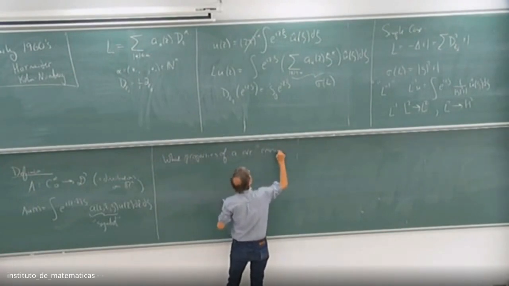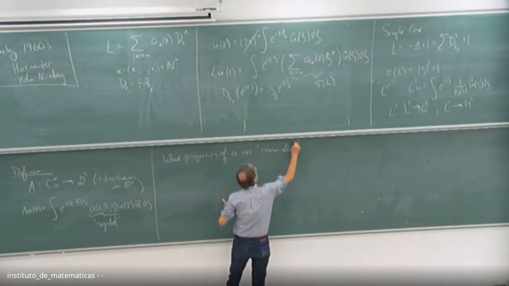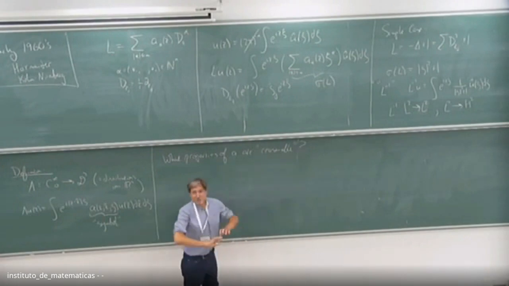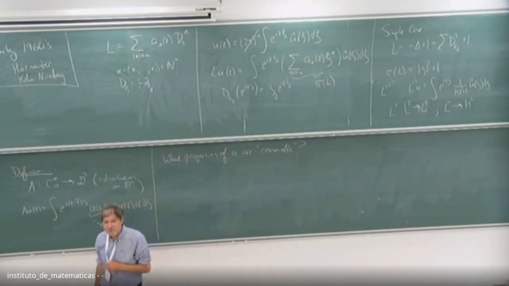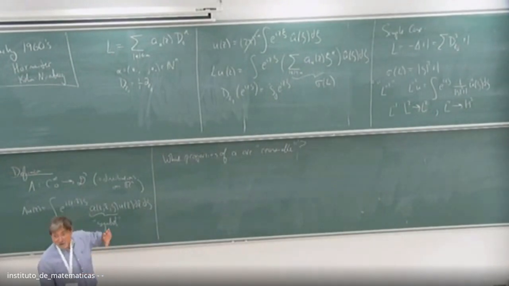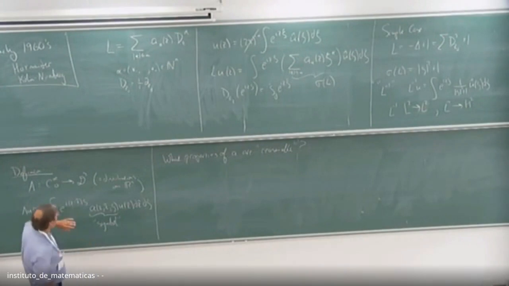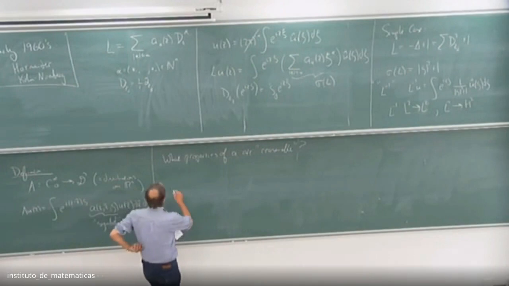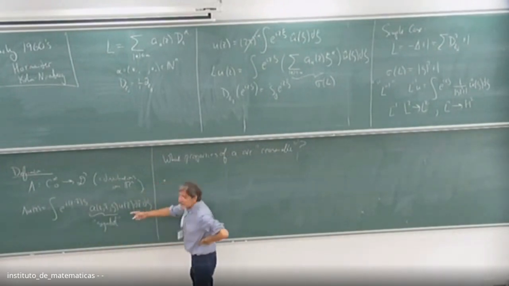What properties of A are reasonable to expect? Well, of course, as you can imagine, mathematics being what it is, people have found all sorts of softenings of these basic properties. So I'll tell you the original, classical definition, and then I'll say that there are many generalizations of this. Here's one version of the classical definition.